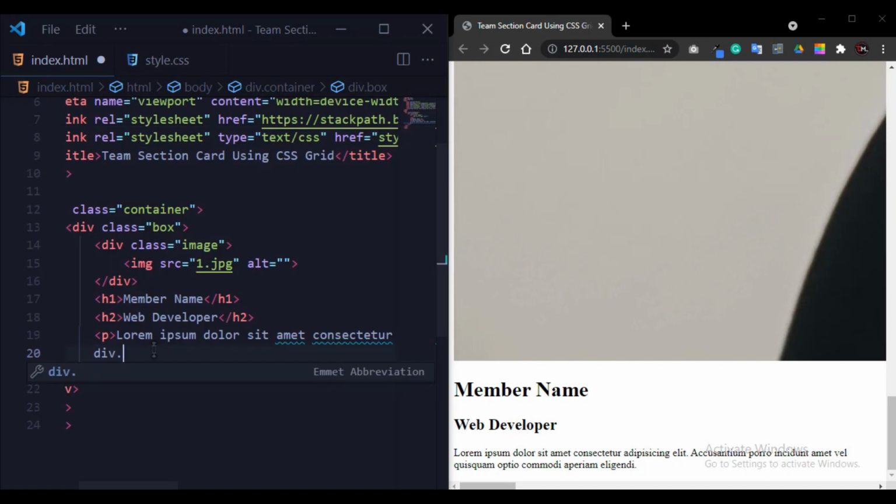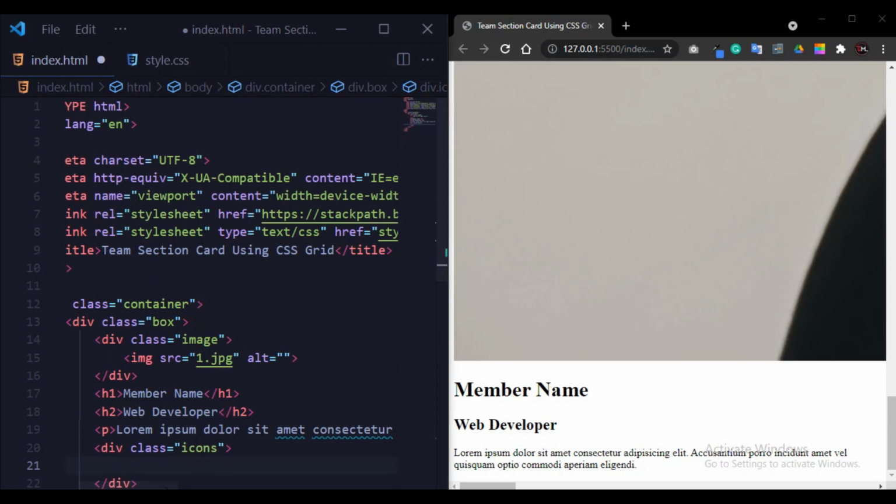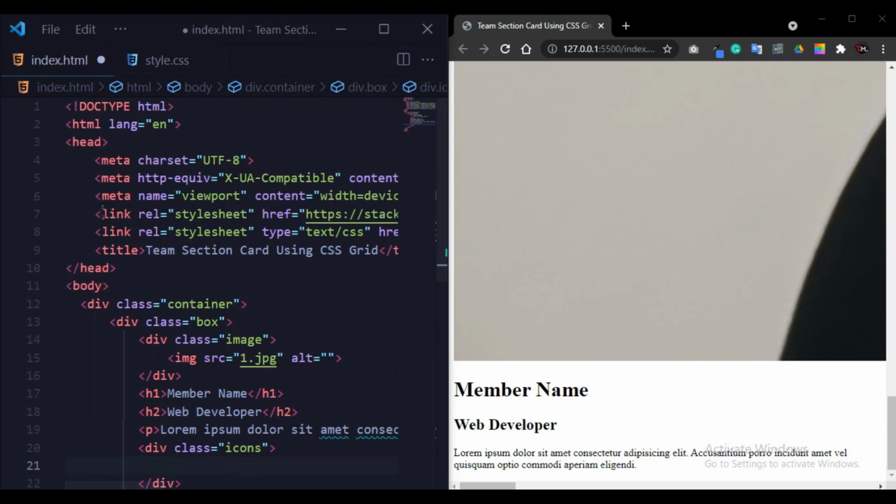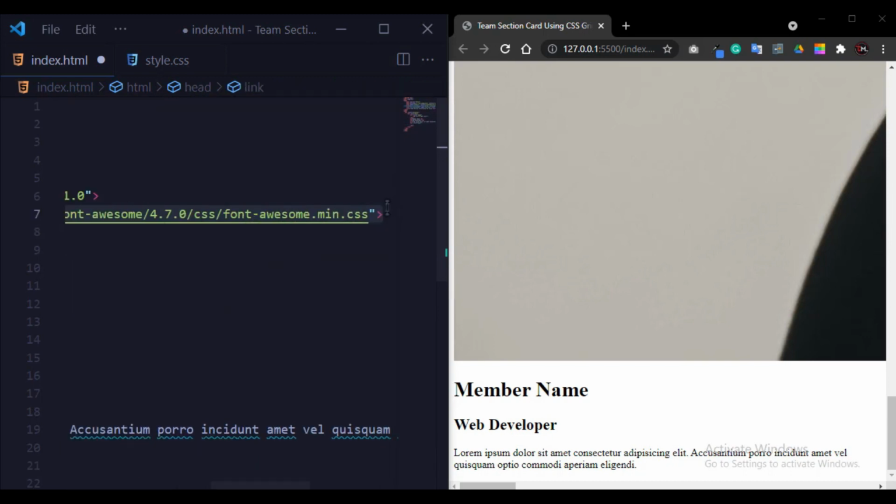I will create a div section for icons. Now for icons I already put a link in this one, and you can use this link. Copy this link from the Font Awesome icons website.